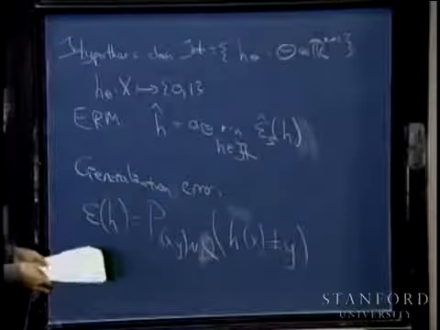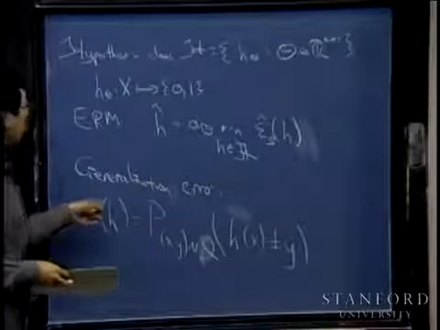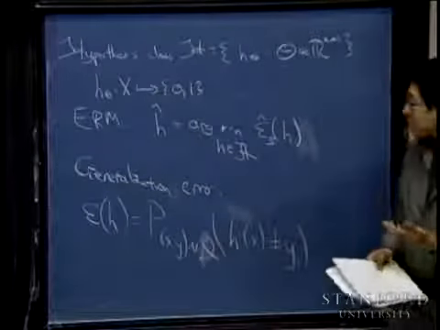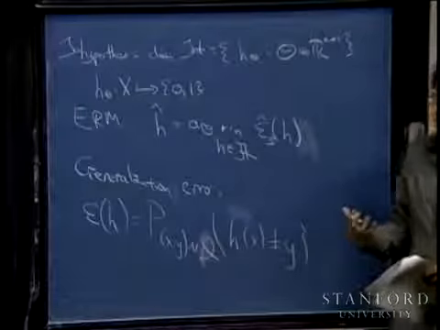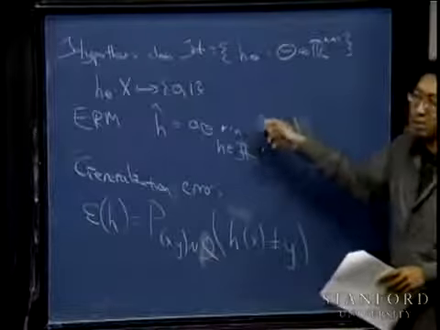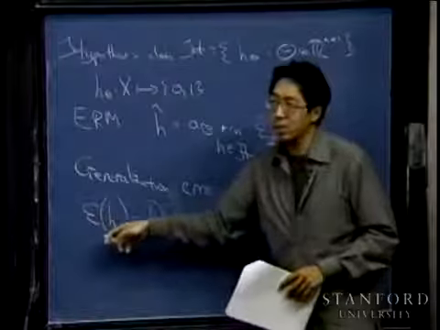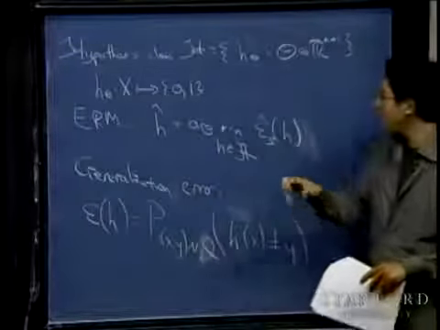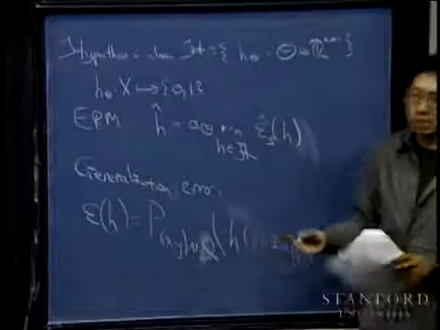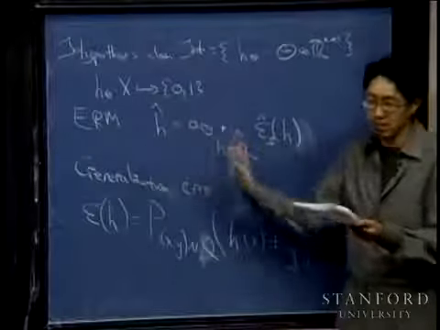In terms of notational convention, usually if I place a hat on top of something, it usually means, not always, but usually, that there's an attempt to estimate something without a hat. So, for example, epsilon hat, the training error, is an attempt to approximate generalization error. The things with a hat on top are things we're using to estimate other quantities. And h hat is a hypothesis output by a learning algorithm to try to estimate what the function is from x to y.